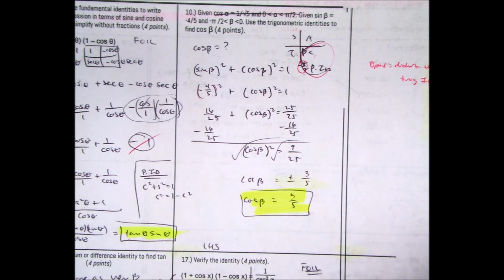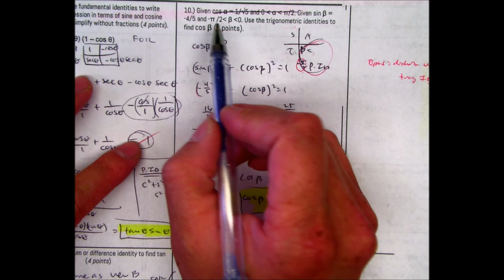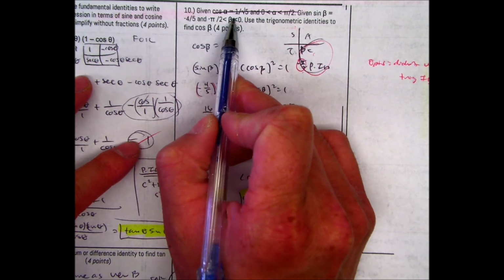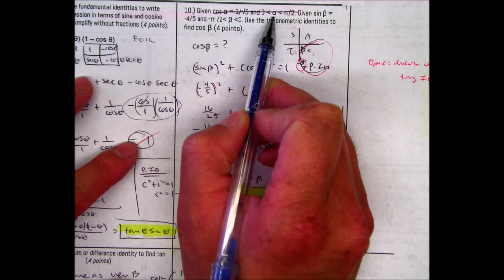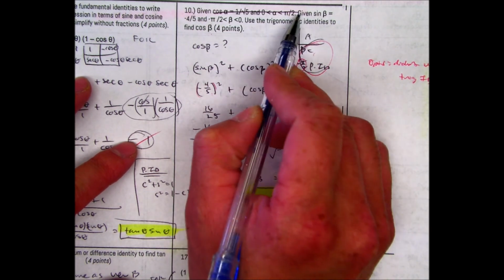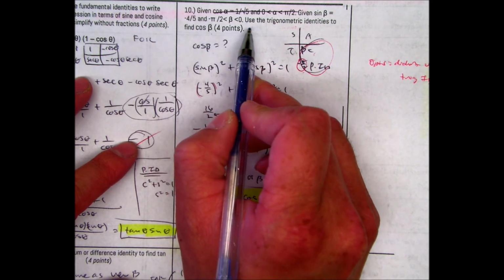Alright, let me go over question number 10. Number 10. This question was the same question from your quiz, the previous quiz. Given cosine alpha equals 1 over radical 5 and alpha is between 0 and pi over 2, given sine of beta equals negative 4/5 and beta is between negative pi over 2 and 0, use the trig identities to